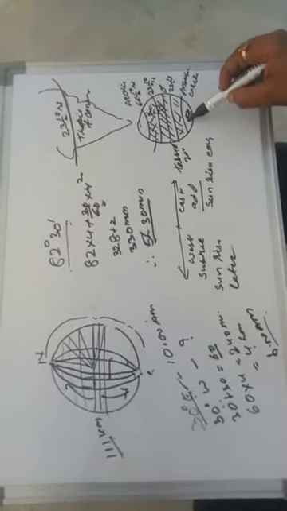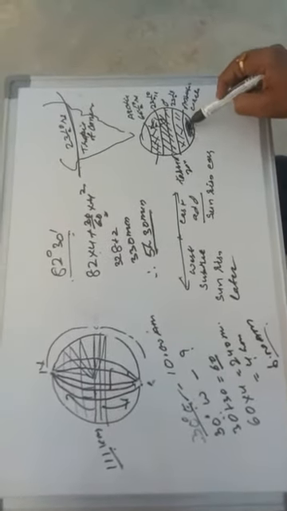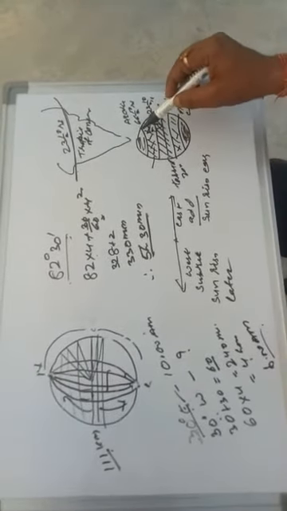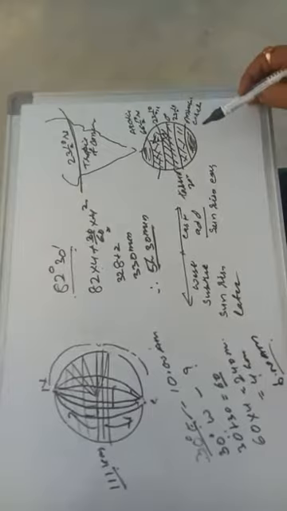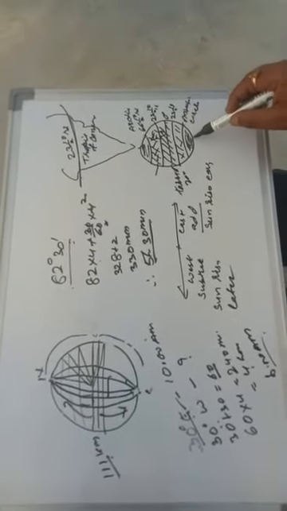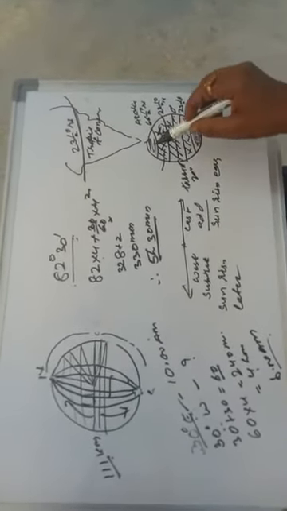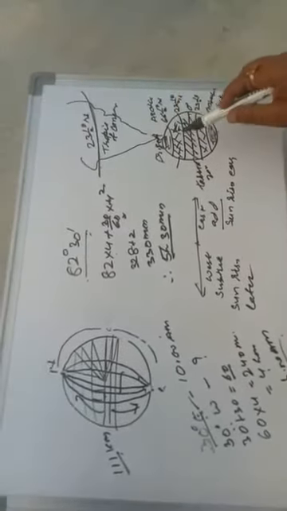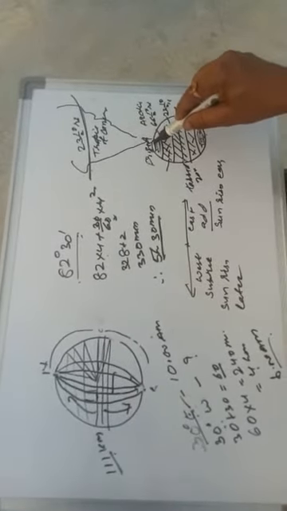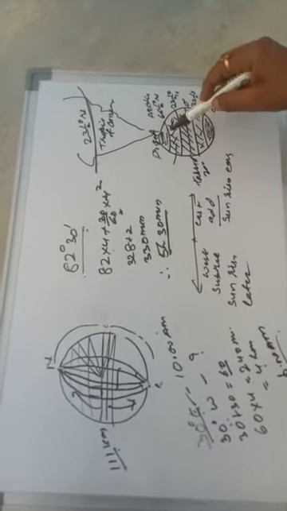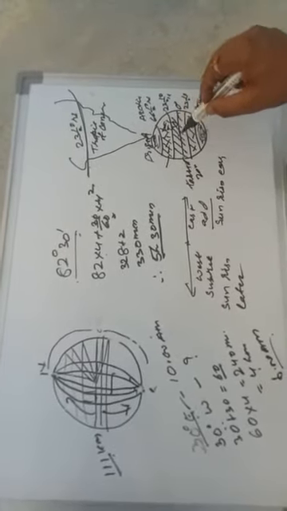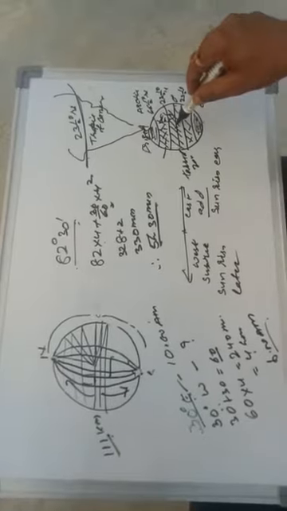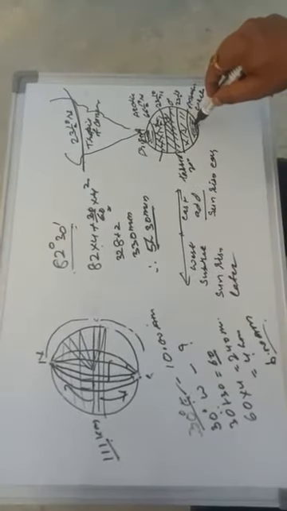Then this one, let us color it because I have only one color. From the Arctic Circle to the North Pole in the Northern Hemisphere and from the Antarctic Circle to the South Pole in the Southern Hemisphere, it is called the freeze zone. Completely cold. The name suggests it is completely cold. Completely cold, moderate and hottest. Same way if you go to the southern part, hottest, moderate and the coldest part.